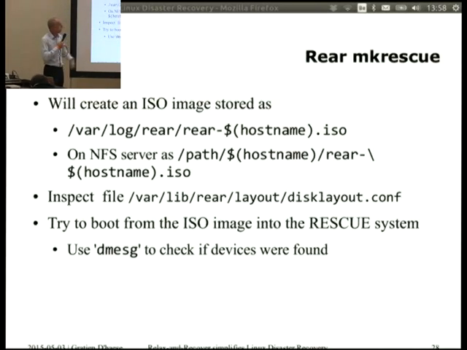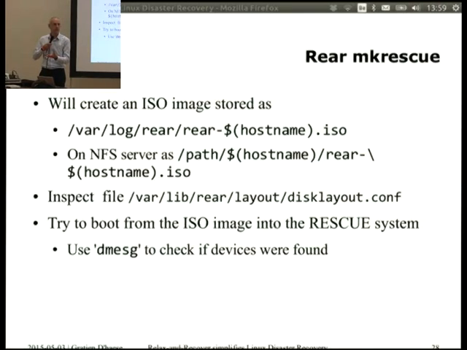If you boot from the rescue image, you can see if it recognizes all your device drivers and network drivers, which is very important if you want to restore over the network, and also the different drivers for your disks. If you do cloning and you're not using the same hardware, make sure that at least the drivers you need are included in the rescue image.